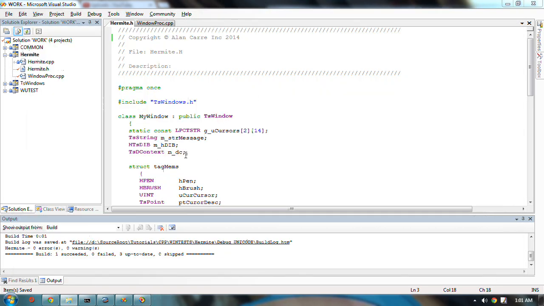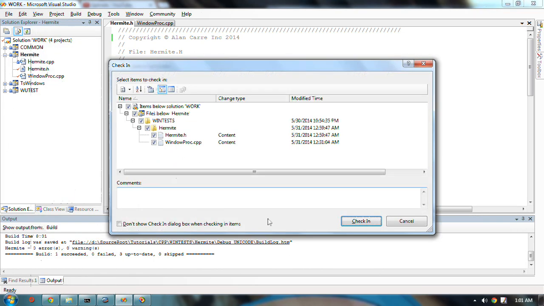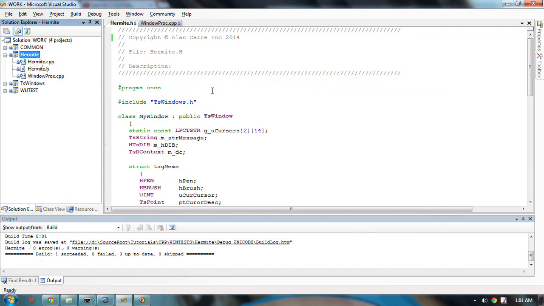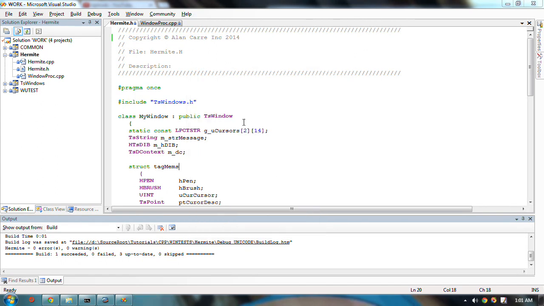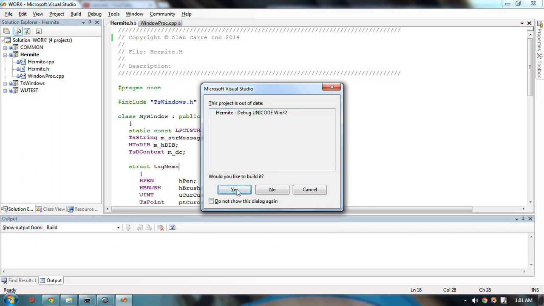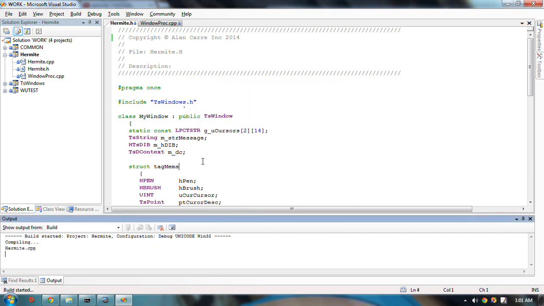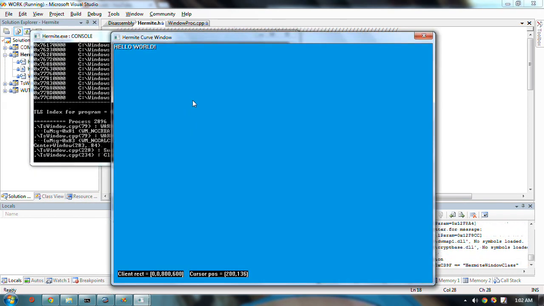So that's a basic window to begin with. And what I'd like to do, and you might be able to guess by the project name, well, first off, is make a window a bit bigger than that other one. This is almost the same project, but I made a few changes to it, trying to remember how these things work, like my div class and TSD context and all that. A bigger window,